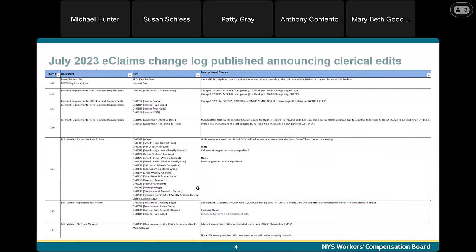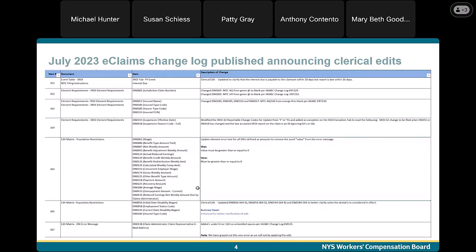So I'm going to go over some of these eClaims changelog items. The first item is 353, and we went ahead and changed the jurisdiction claim number, and we changed it on 0005 from green to a blank one per the IIBC changelog.